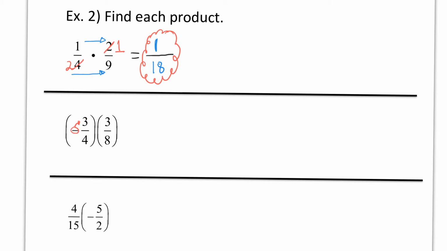Now, you might be thinking, oh, the numbers on the bottom, I can reduce. I can divide by 4. That's the biggest number. Can you divide by 2? Yeah, but that's not the greatest number. 4 is. 4 is bigger than 2. So you can divide 4 by 4 and you can divide 8 by 4. But you cannot